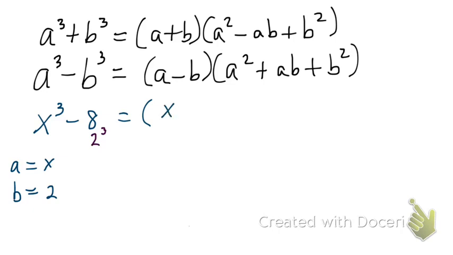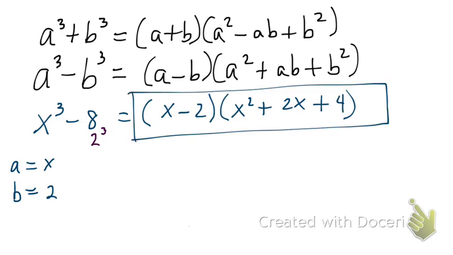So a is x. Notice the formula has a minus, just like we started with, a cubed minus b cubed. And then our b is 2. And then a squared, that would be x squared. AB would be 2x. Plus b squared, b is 2, so 2 squared, that's going to be